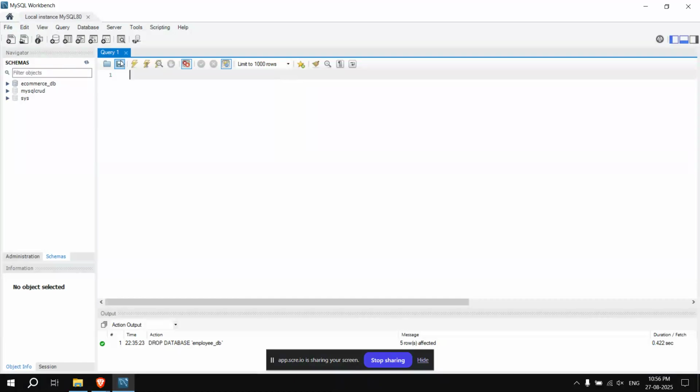SQL can execute queries against a database. By using SQL, we can retrieve data from a database, create a new database, insert new records, update records, and delete records. So we can perform the whole CRUD operation using only structured queries.